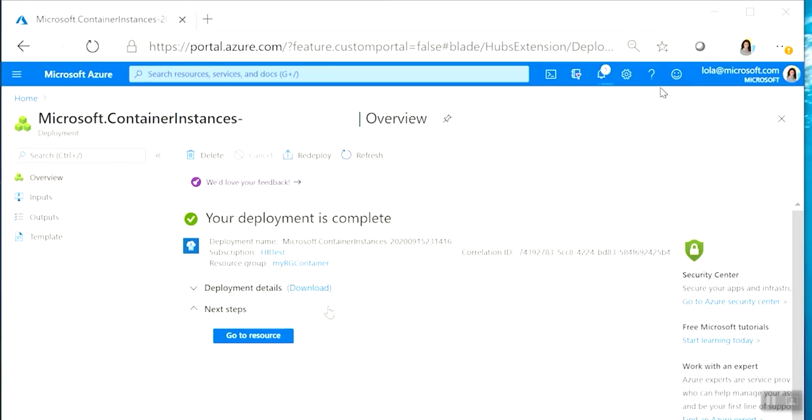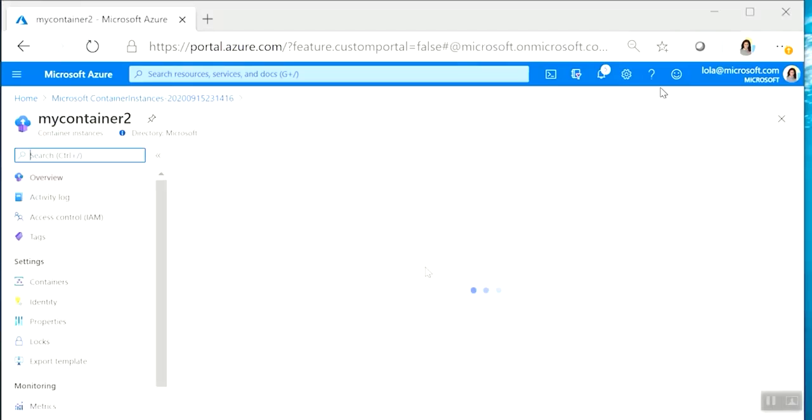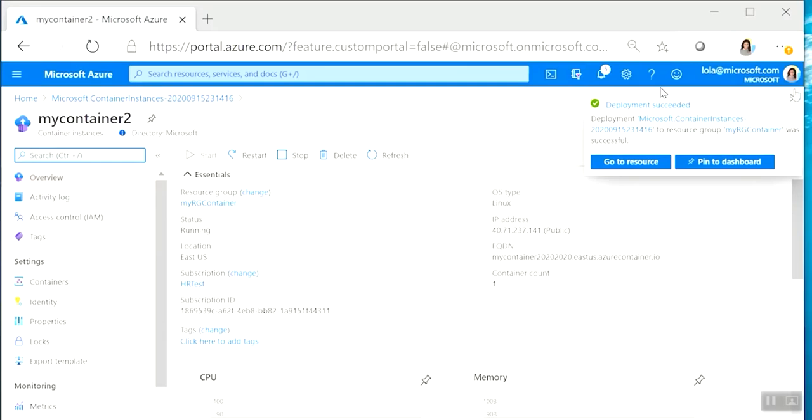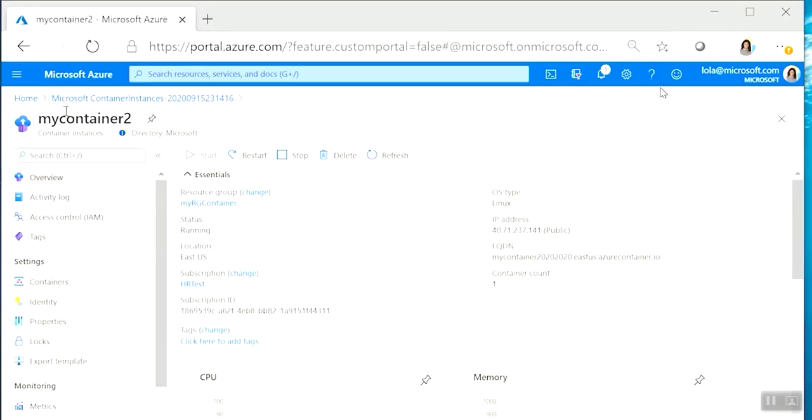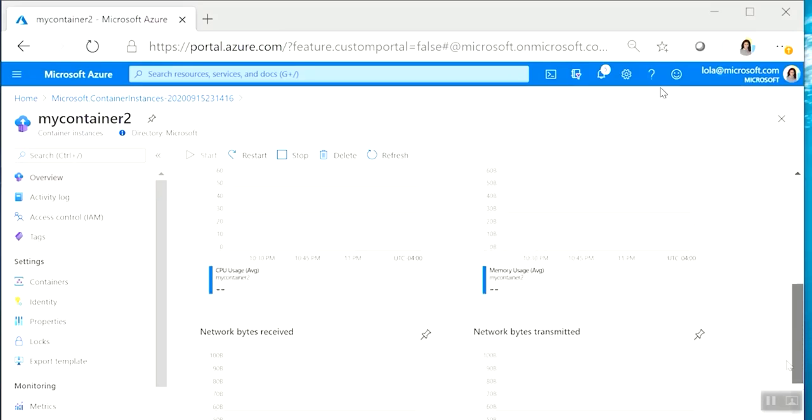Okay, my resource has been created. Let's go to resource. I'm in my container resource instance here. I'm going to close this window right there. It is running, as you can see, in East US, and there's my container resource group. And I have nothing going there as yet. As you can see, I have no